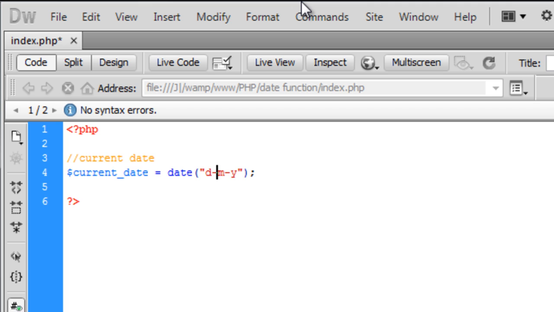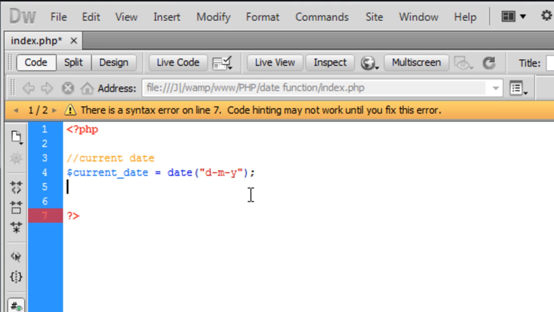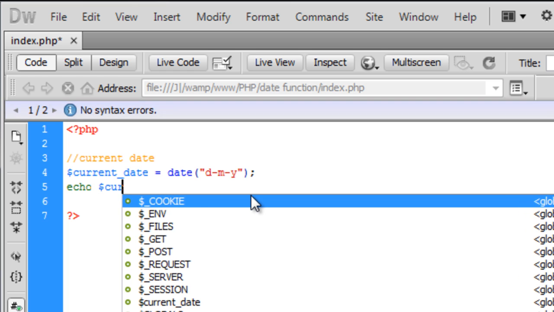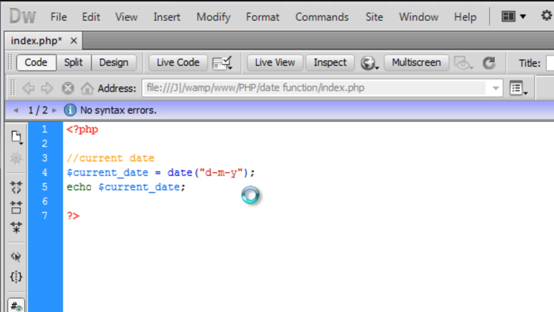These hyphens I've put in here are a way of displaying that to the user, so you could put colons, or just spaces if you really want to, but I'm going to put hyphens. It's going to come out looking something like that, I would probably say like 03 or something. So anyway, that's how to do it, and then just echo out the current date, and then let's see